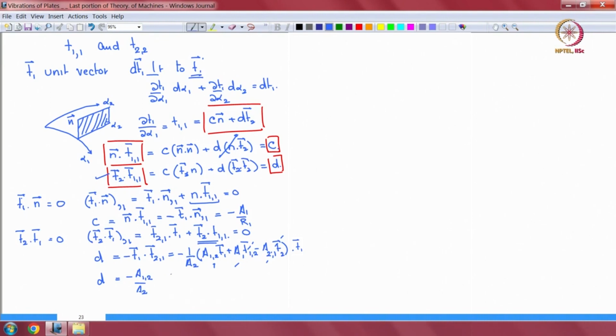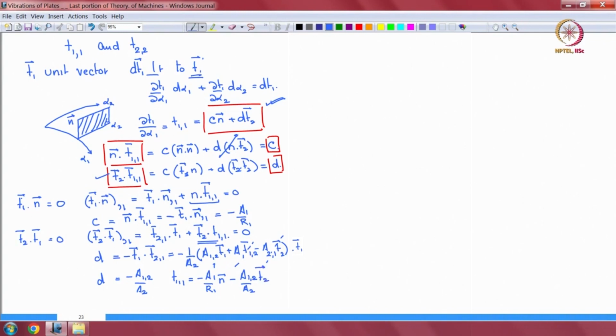Thus what do I have? I have now T1 comma 1, okay. Now T1 comma 1, which is this now, okay. I have found C and D. So my T1 comma 1 is equal to minus A1 by R1 n minus A1 2 by A2 T2,